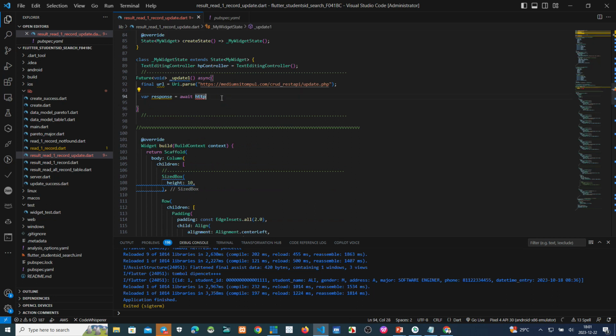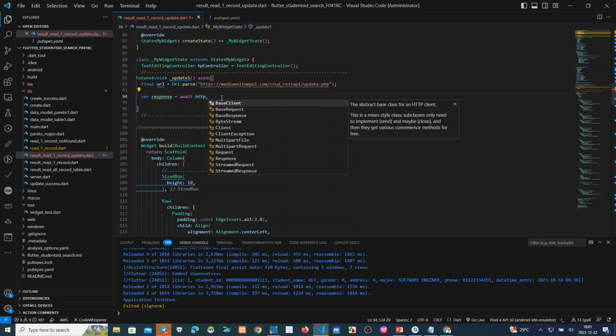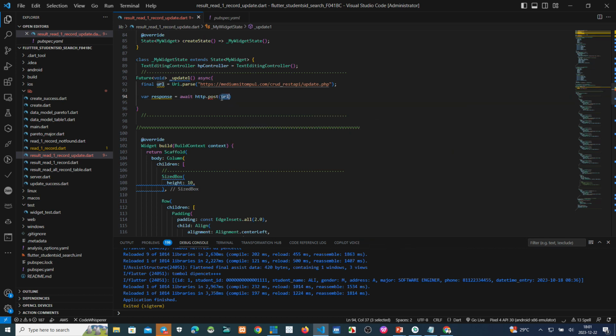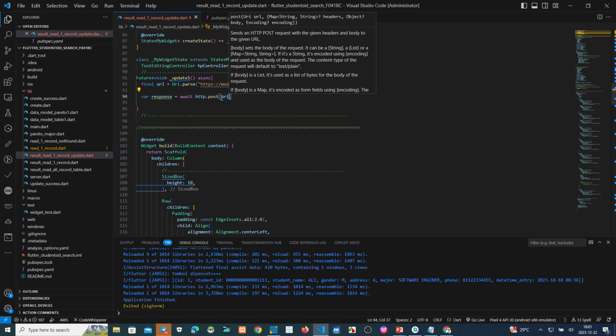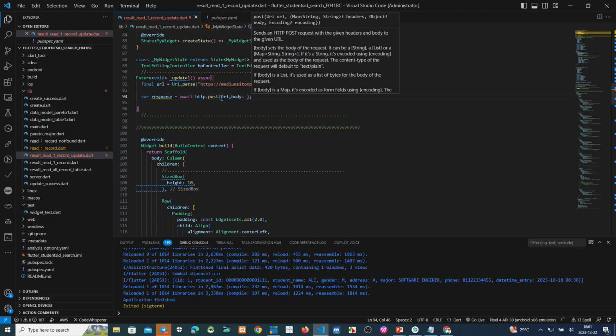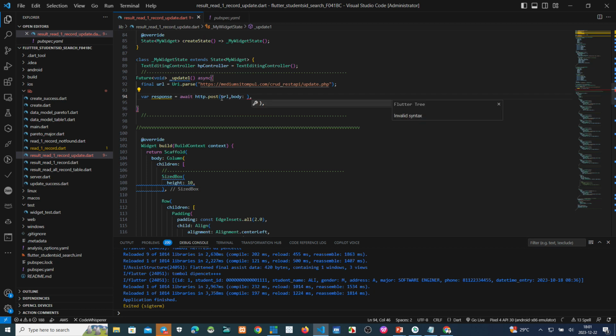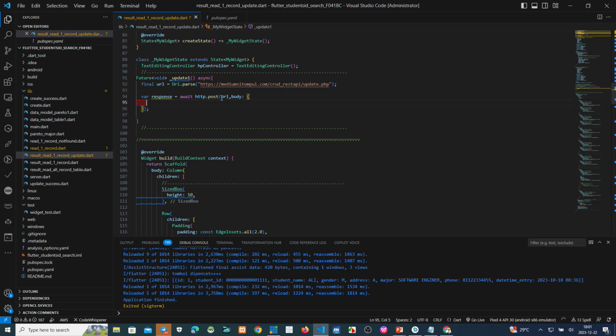This one, dot http dot post. Okay, URL, comma, body. We write down here what parameter you want to send to the backend.